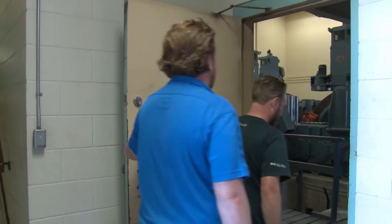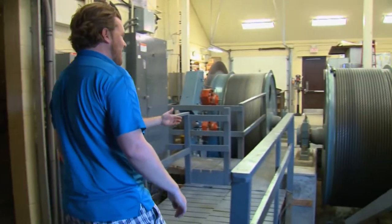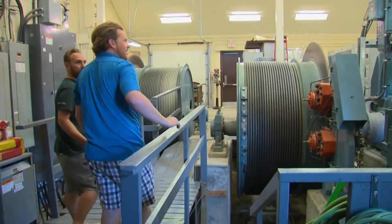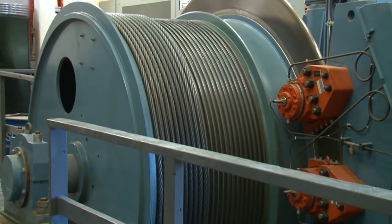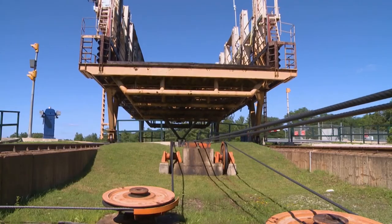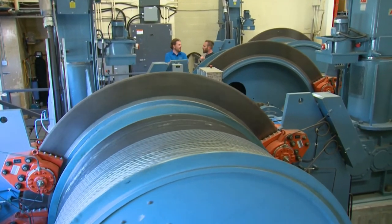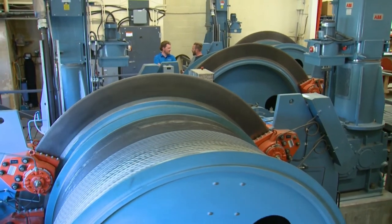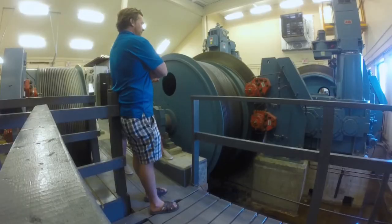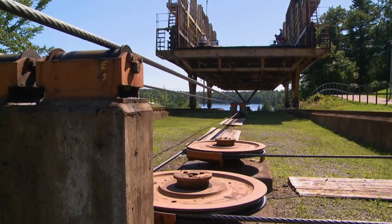Neat. Here we go, behind the scenes tour, and this is the inner workings of the Big Chute Marine Railway. Here are the 4 massive drums that move the Big Chute cart up and down in a pull-push situation. These drums move that cart out front up to 200 feet per minute. They're 4 200 horsepower drums, moving these cables and moving the boats up and down the actual 58-foot